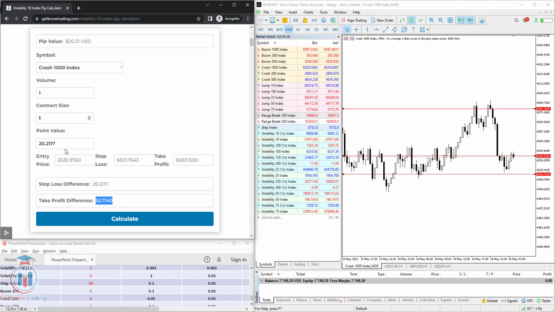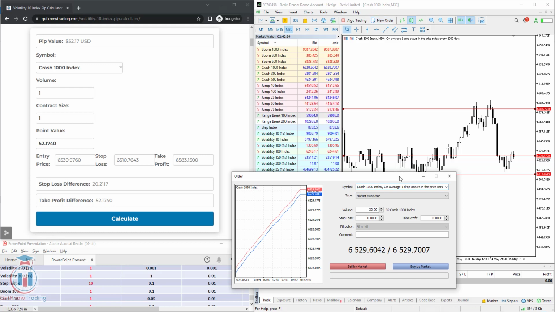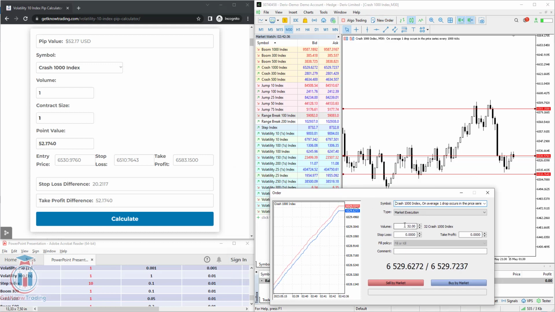Take profit would be equal to, copy paste this one, 52.17. So if these are the values that you are satisfied with, you simply go to the trading platform and open a trade. So let's do that. Let's put this one, let the volume be 1 because we have used this one in the Pip Calculator. Copy paste stop loss here, then take profit,